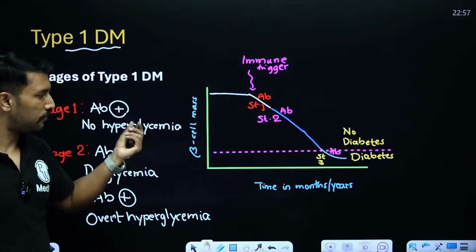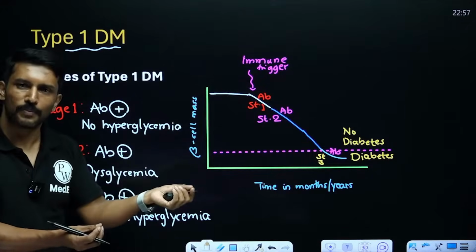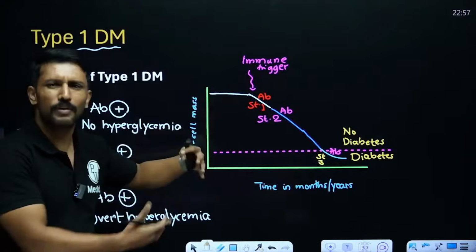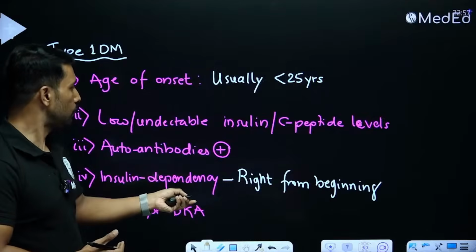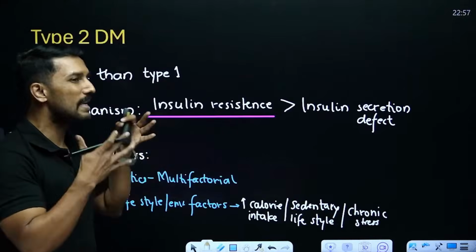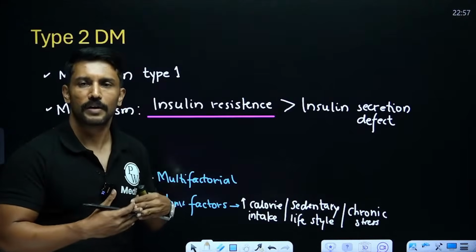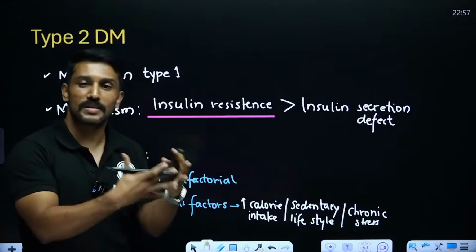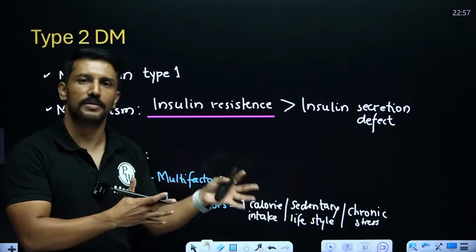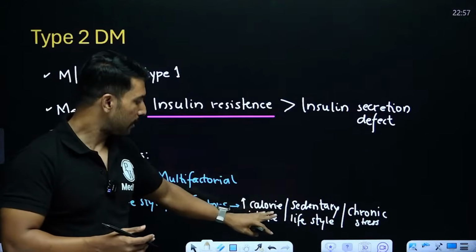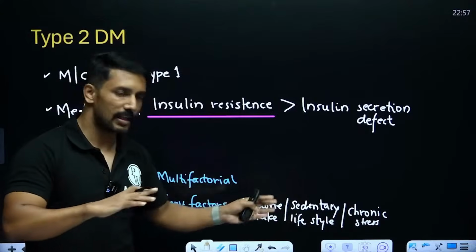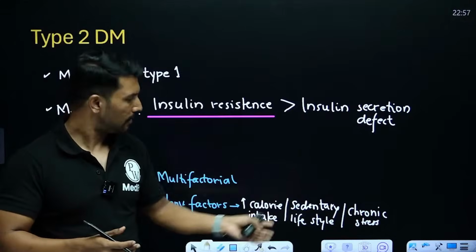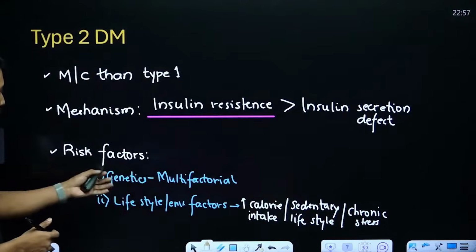As of now, if you are prone to develop type 1 and some immune trigger happens, you will mostly end up developing type 1. It's not largely preventable, but type 2 is highly preventable even before the onset of the disease, and even once the disease process has started. The pre-diabetes stage is perfectly reversible if the calorie intake and the glycemic load of the food are reduced and a sedentary lifestyle is switched with an active lifestyle. So these are the important factors.